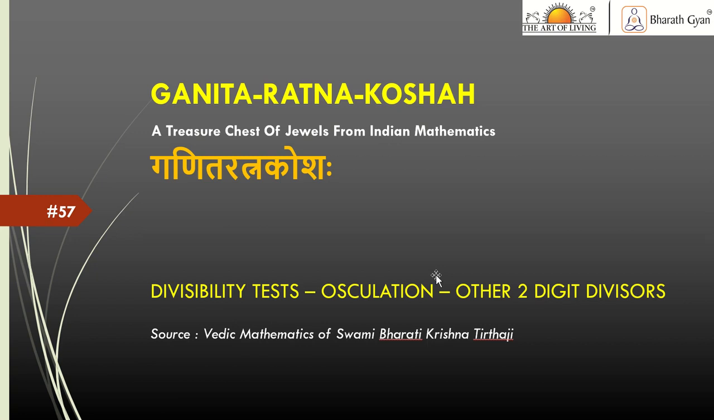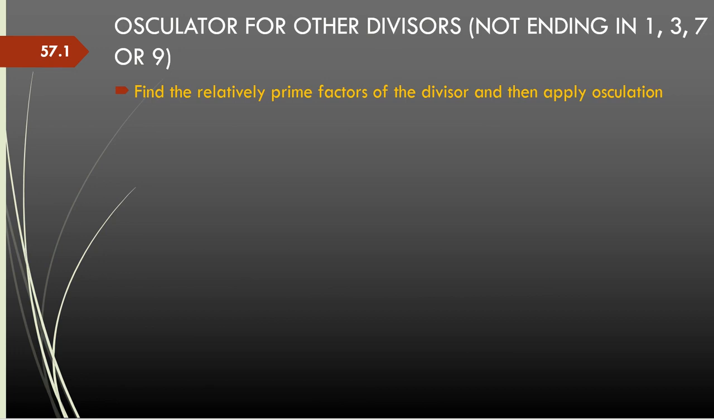In the last few videos, we saw divisibility tests using osculation for divisors ending in 1, 3, 7 and 9. Let us look at how we can handle divisors that do not end with these digits. When we find divisors that do not end with these digits, we break it up into factors which are relatively